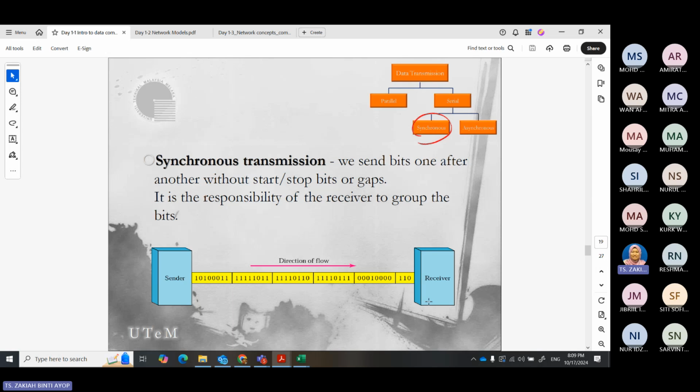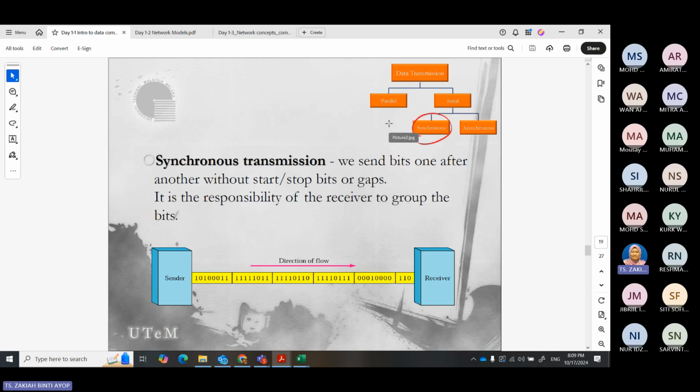There's a disadvantage here. It's that sometimes the data will be distorted and the receiver might not know what will happen if the start bit becomes ones. So the receiver might think that this is not a stop bit, but this is data. So there's some mechanism that happens during the transmissions, where we would come across on the OSI model. So each of these transmissions have their own advantage and disadvantage.